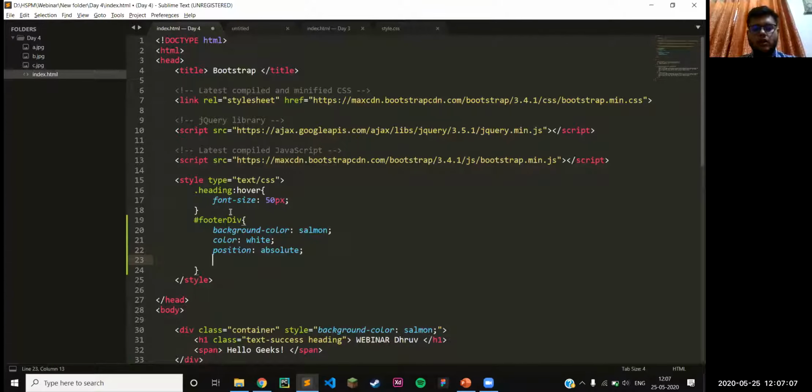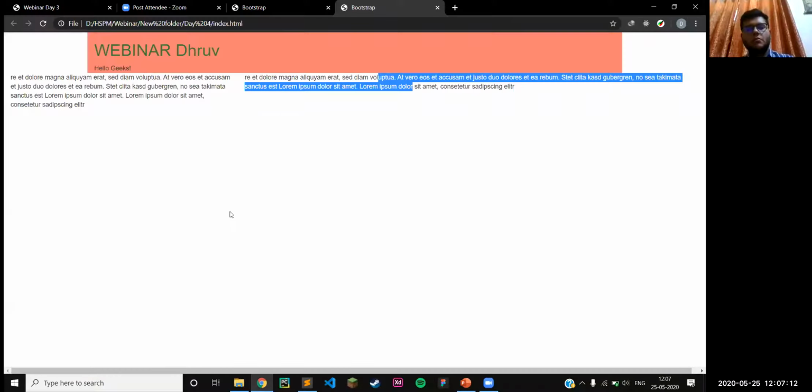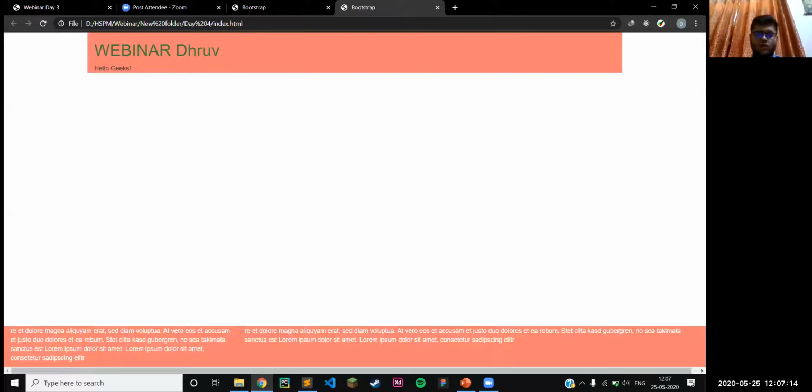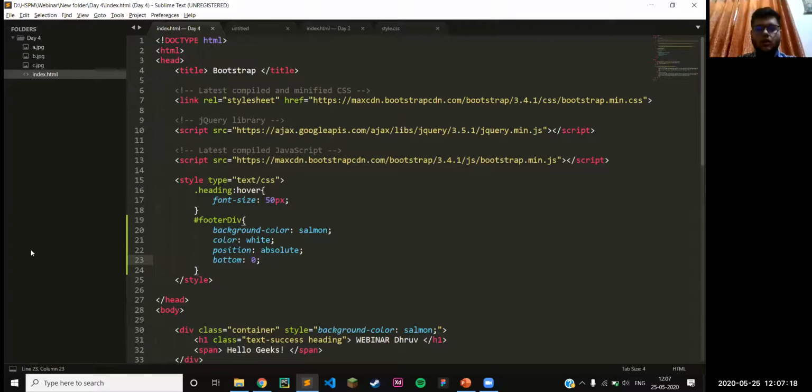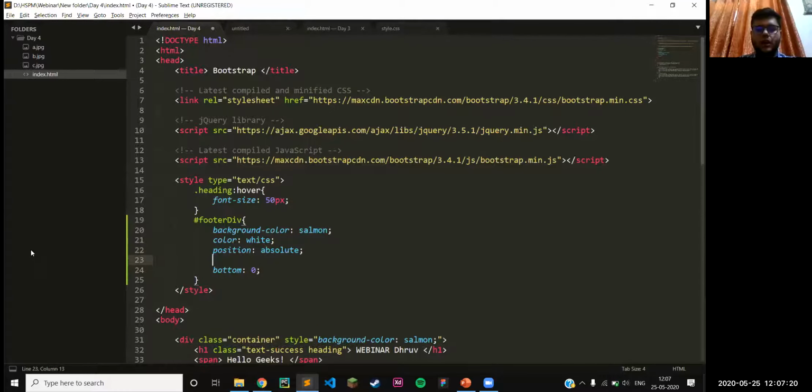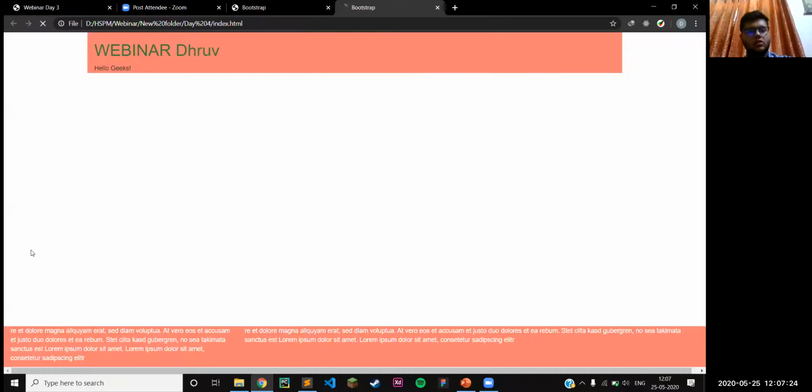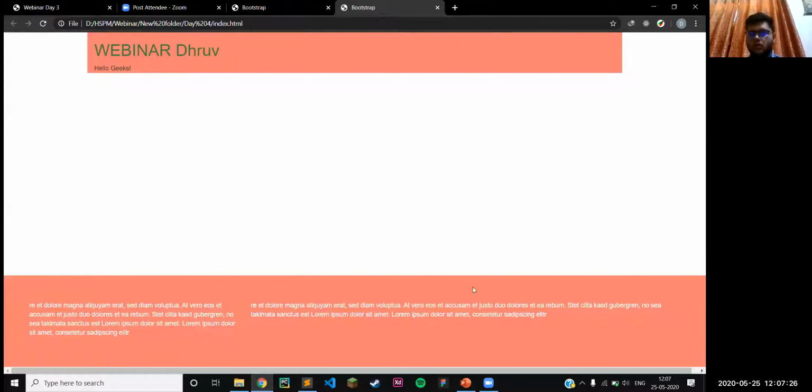Then we can make it bottom 0 so that it gets fixed on the bottom of the page. So as you can see, we have this. Then we can also provide it with some padding, say padding of 4em. I think that is fine. You'll see that it gives padding of 4em on all the sides.